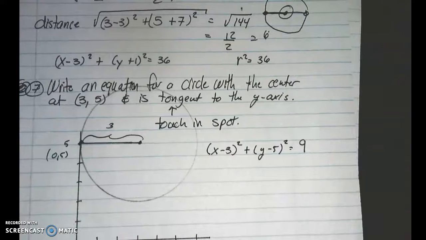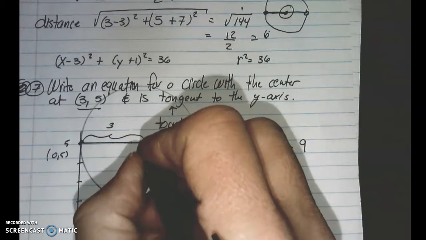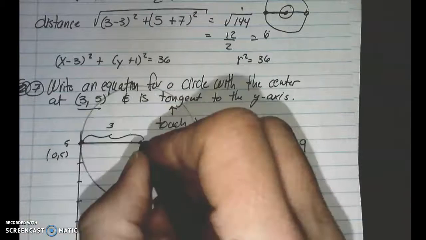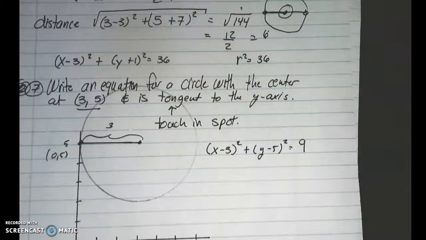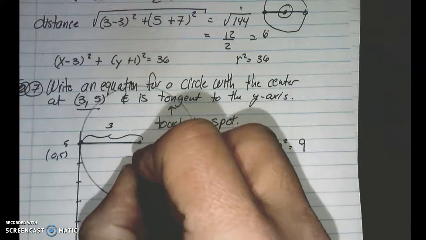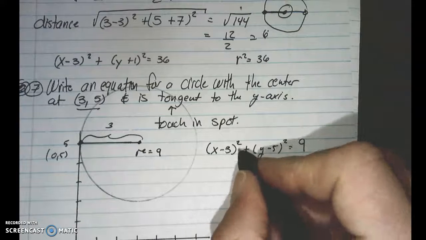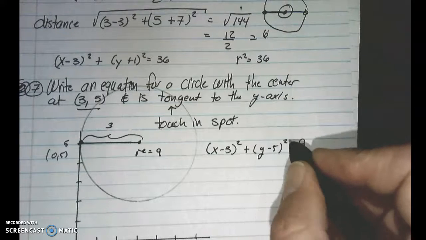Okay, so now we already know the center. So we drew the radius from here to here. That distance was 3. And so then the radius was 3, so that means that r squared is equal to 9. So then we have x minus 3 squared plus y minus 5 squared is equal to